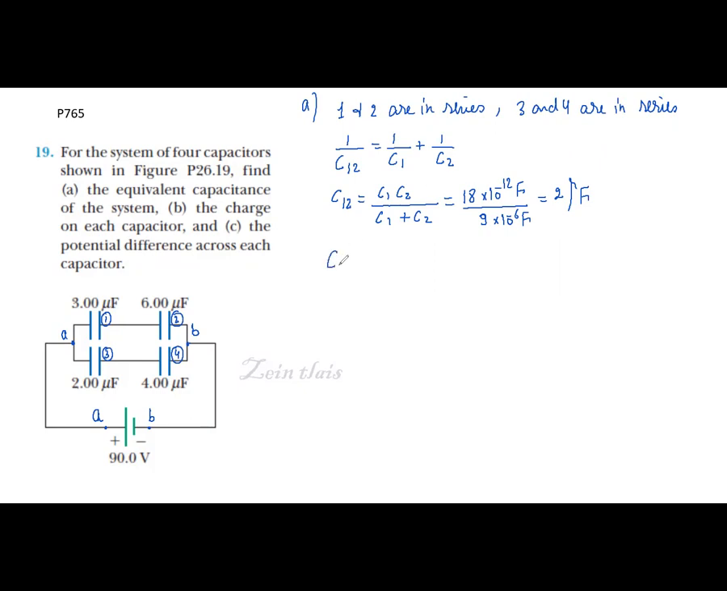And the same for C3 and C4. We have 2 times 4 will be 8 times 10 to the minus 12 farad, divided by 6 times 10 to the minus 6 farad. We get here 8 divided by 6, equal to 4 divided by 3 microfarad. Okay,